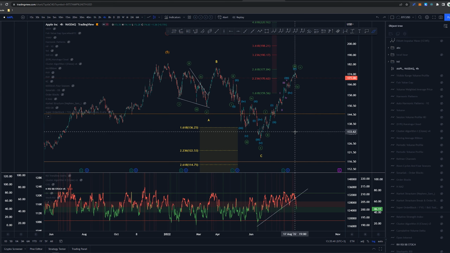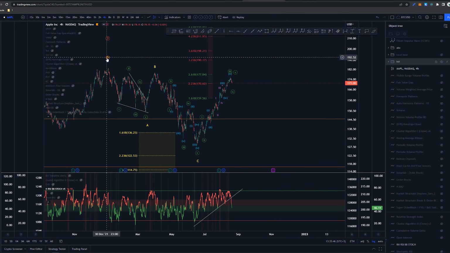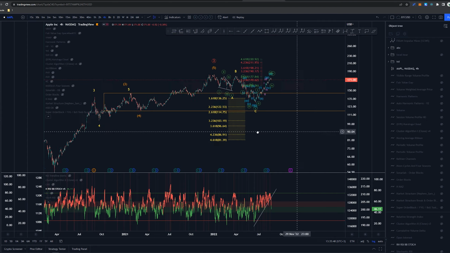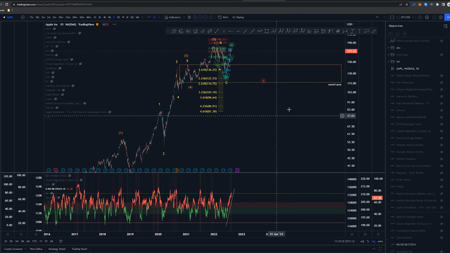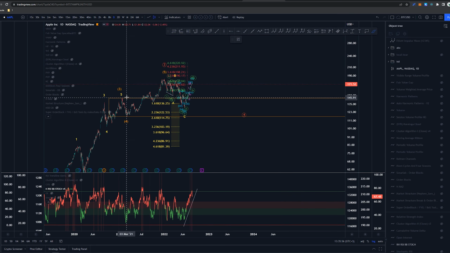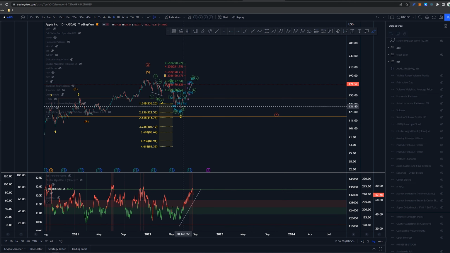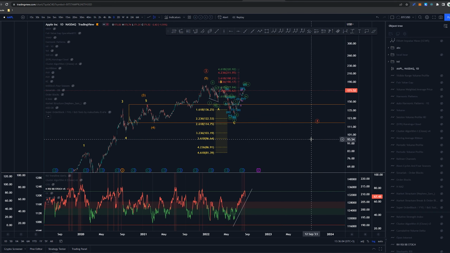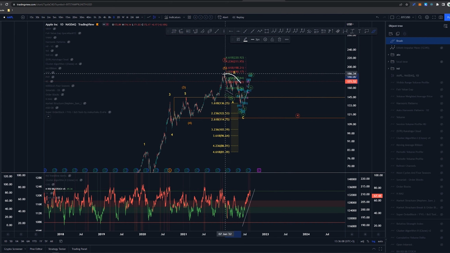And since then, we would complete some kind of three-wave structure, whether it is that wave 4 of primary over here, I'm not quite sure of that. The expectation is again on this count that we would be getting to this previous wave 4 area. We did get into it right here around $129, but to me, this structure size,